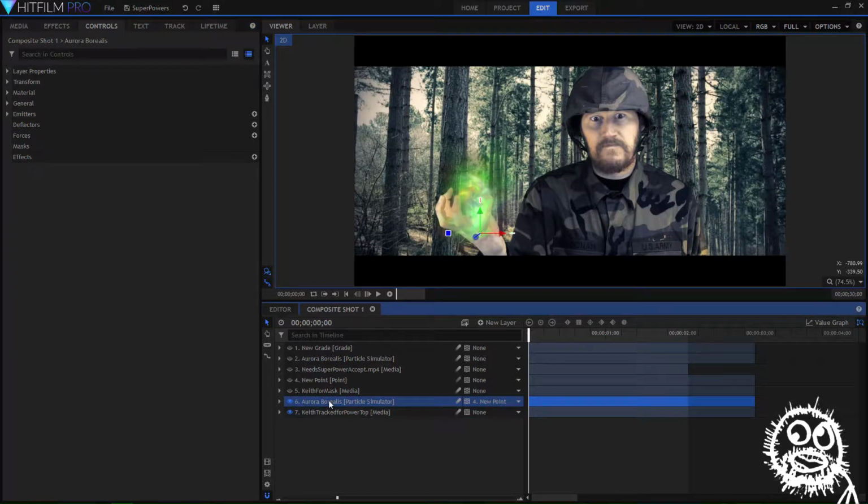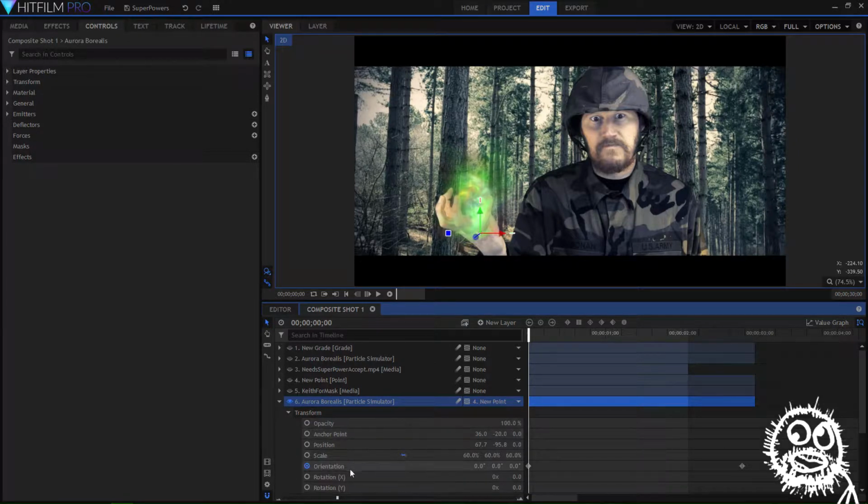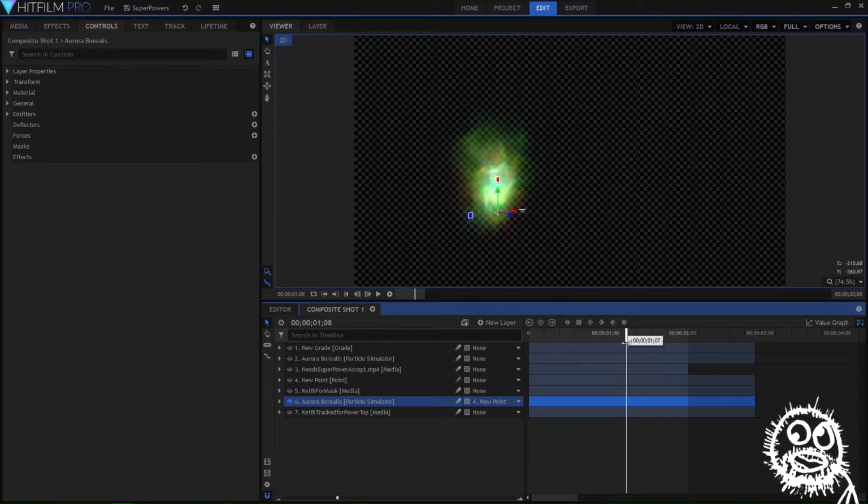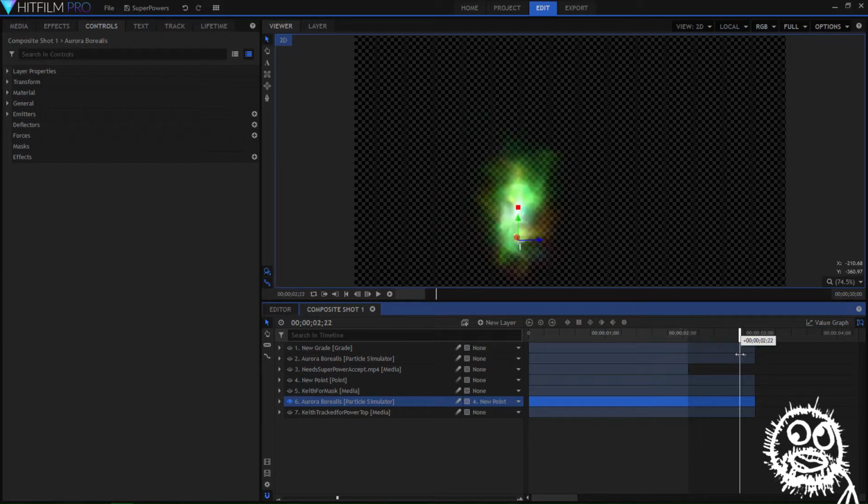Anyways, I got the effect looking how I wanted, and all it needed really was a little bit of a rotation right here, as we can see. What I'll do is turn this off and come back to this, and you'll see this rotate a little bit as it's keyframed. There it goes. And then it's also moving,